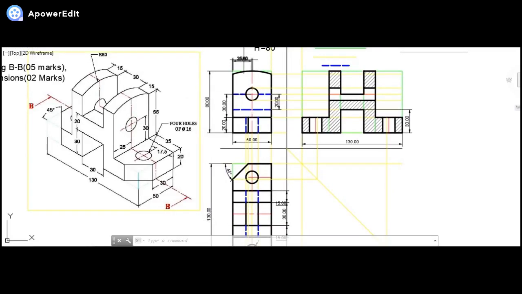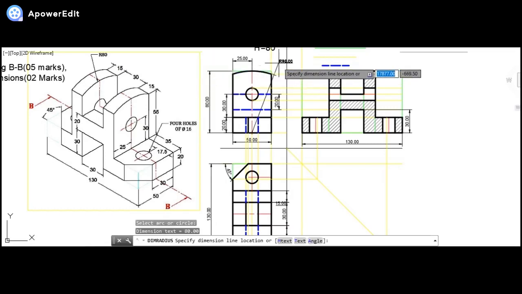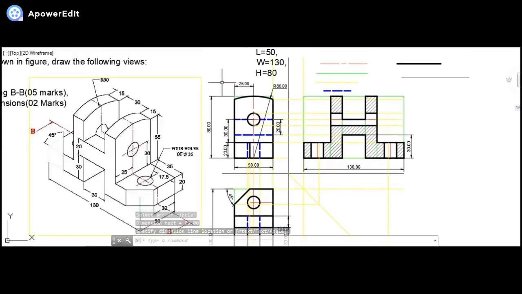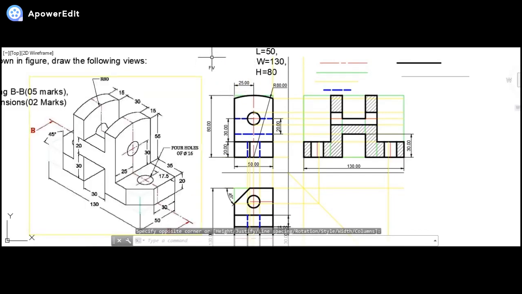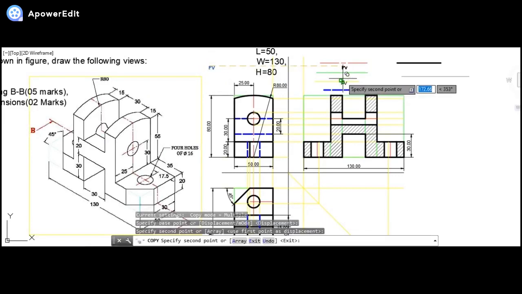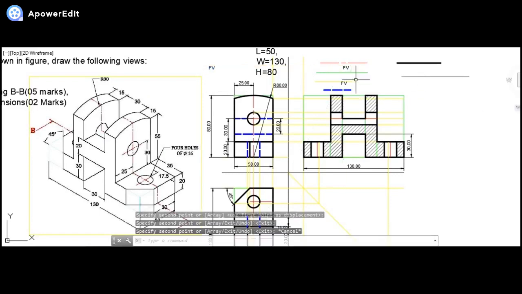The radius of the upper one, if we show, that will be cleanly given to us. It's radius 80 over here. So very nicely it comes. So these are completing the overall dimensions, and let me simply name the parts: front view, top view, and sectional LHS view. So I can write it over here. This is nothing but the front view. This is the same, I can simply take it over here for the top view.